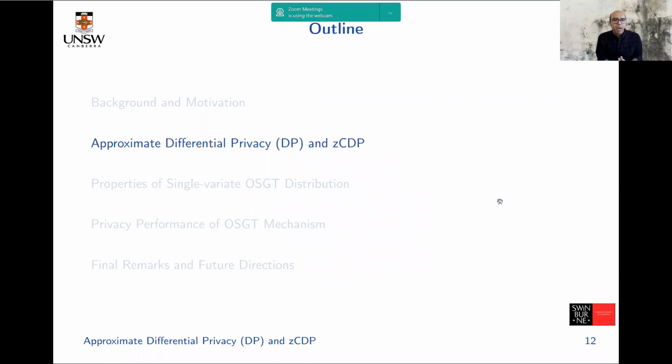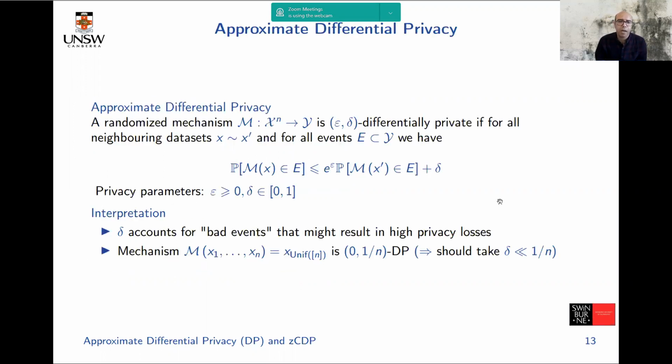Now, we talked about pure differential privacy, epsilon. Now we want to talk about approximate DP and zero-concentrated differential privacy, or ZCDP for short. This is the definition of approximate DP. If you have a randomized mechanism, we call this randomized mechanism epsilon-delta differentially private if, for all neighboring data sets differing in only one element, which we call X and X prime,